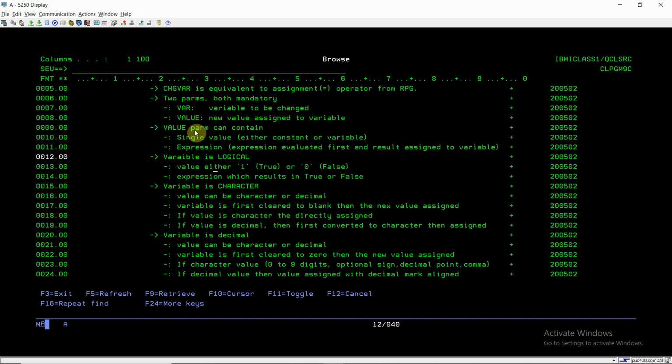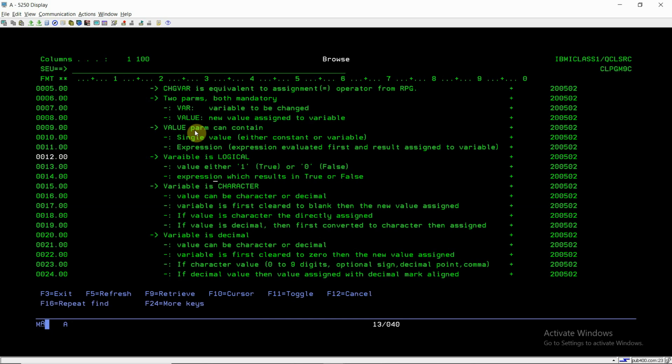If the expression results in anything other than 0 or 1, that is wrong and we'll get an error. So we can have either a 1 or 0 value, or an expression which results in true or false, or a variable as well, which will have a 1 or 0 value.